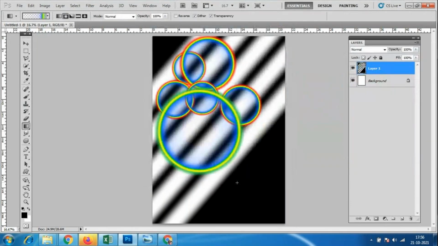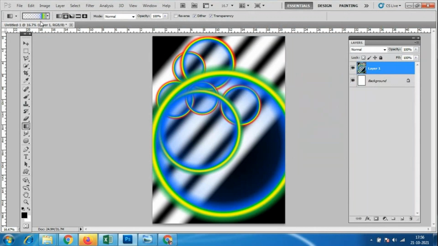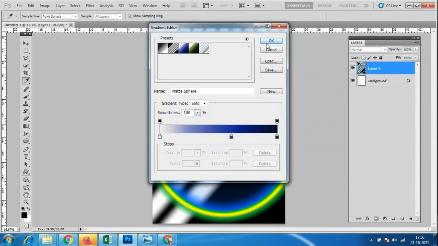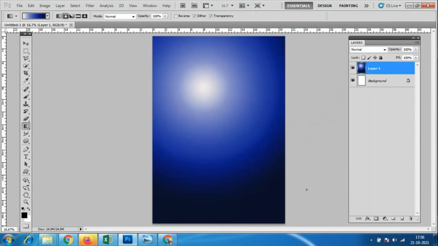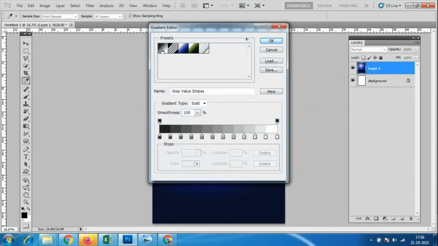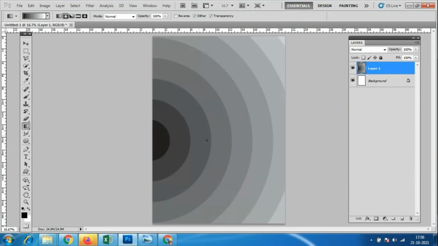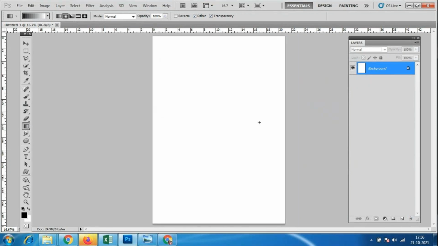But it is possible only with the transparency options. Any other gradient you take will completely merge, so you cannot see whatever gradient we have put behind it till now. Only with the transparency gradient can you see that. Even this one is not a transparency gradient, as it has black and white color here. Okay, so is that clear? Thank you. Okay, so next we will go for some of the miniature things.